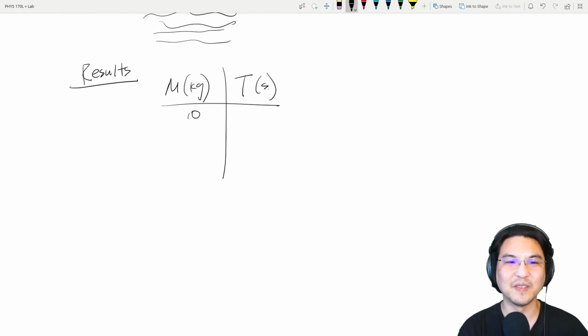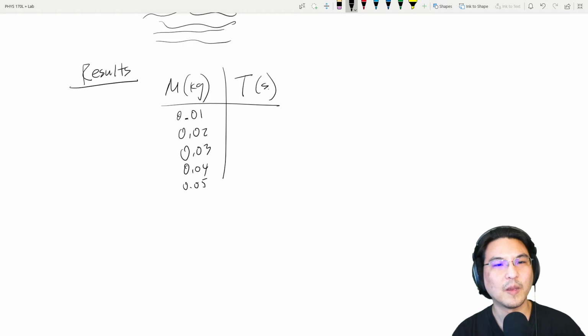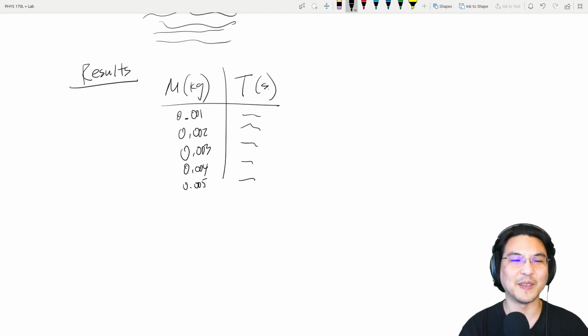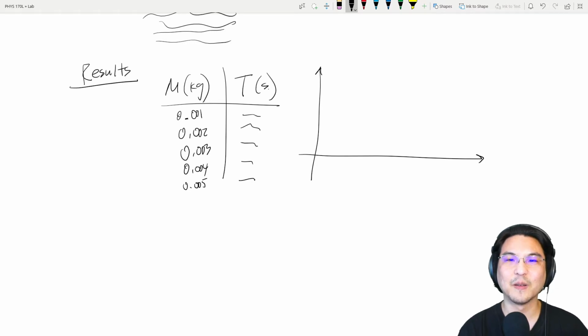Whatever you used. Oh, that's too much. Let's see. Right, and then etc. Well, even less than that, I think. Like this. Okay, and then whatever values you got, and then show the plot. So this is period as a function of mass. So if you had, right, your different values, and then